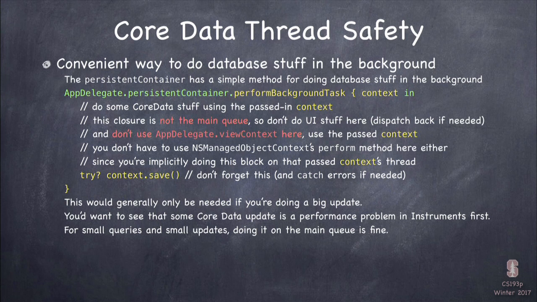Now, when you save, it will push it down to the database, and your other contexts, like your view context, will see it. Okay? And so these two contexts, the one that's happening on this background queue and your view context, they're working on the same database. So when this one saves, boom, this guy's going to start seeing those changes. I'm going to talk a little bit about how we react to seeing those changes in a minute here. Okay, so everyone understand this? Because you're going to have to do this in assignment 5. I'm going to want you to do all your loading off the main queue and all your fetching on the main queue. All right.